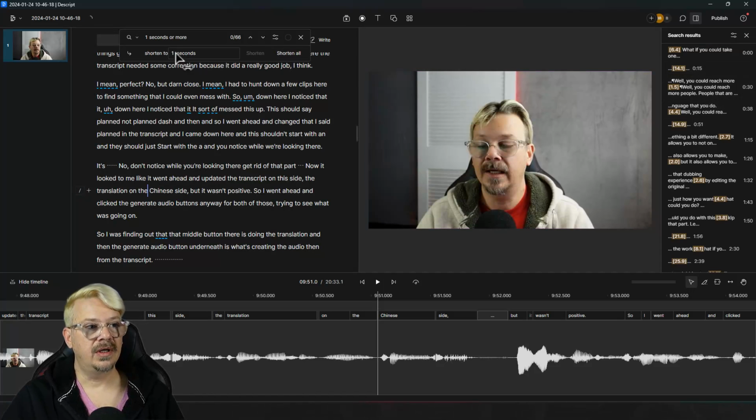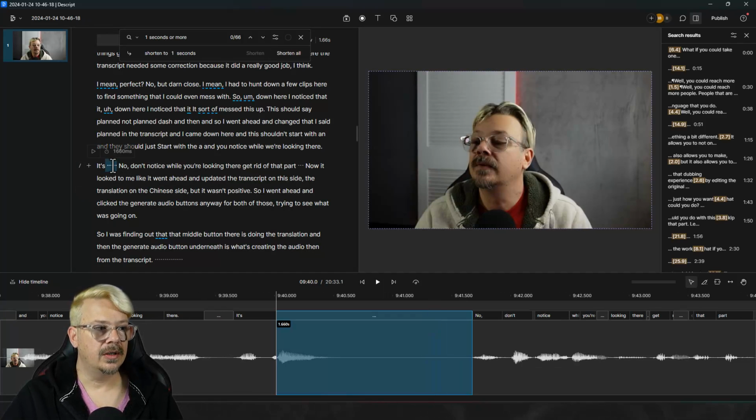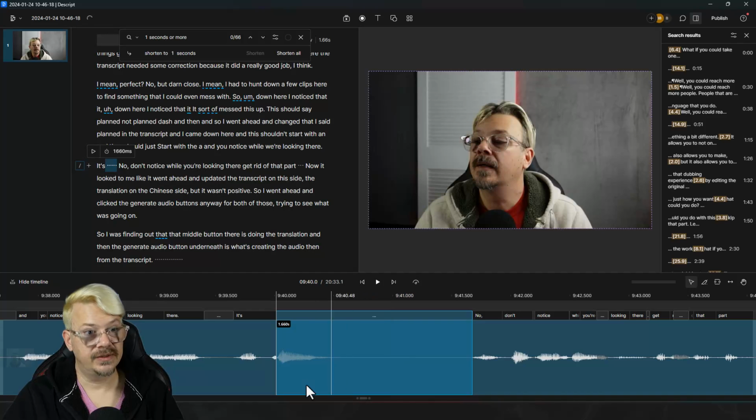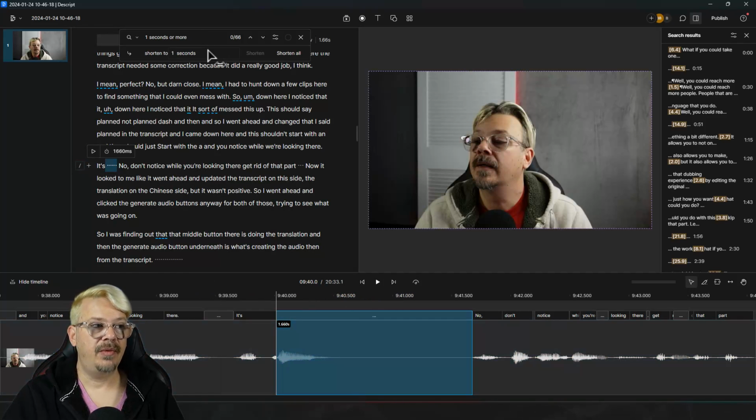But if you were just to say, okay, find any spaces that are 1 second or more and shorten them to 1 second, shorten all, it's going to clip out things based on what it interpreted the spaces to be. It will take spots here where it wasn't correct, and it'll be cutting that out. Now, in this case, I don't care if it cuts it out. That'd be great if it does. But sometimes these are actual words and phrases that you wanted to keep in. So that makes that couple-click deal of getting rid of spaces not so much a useful thing.